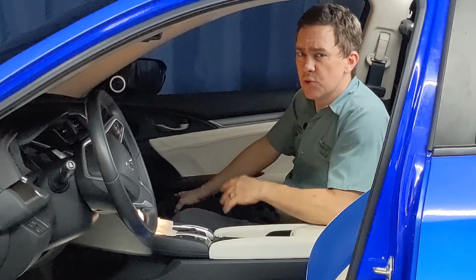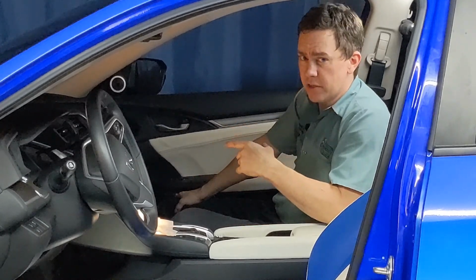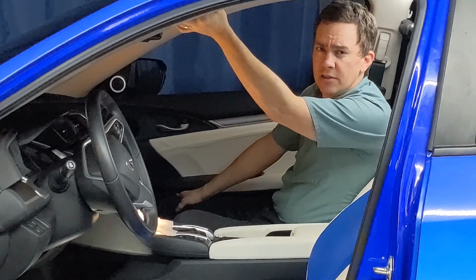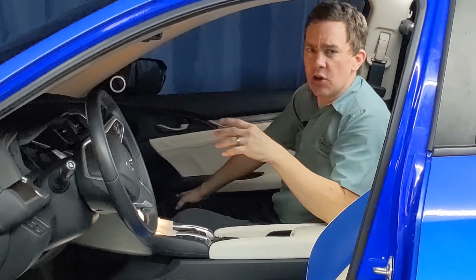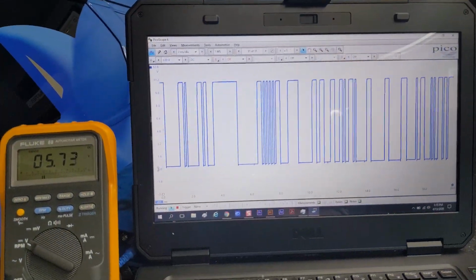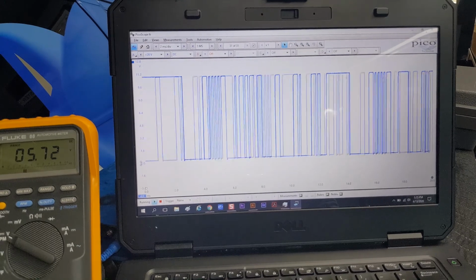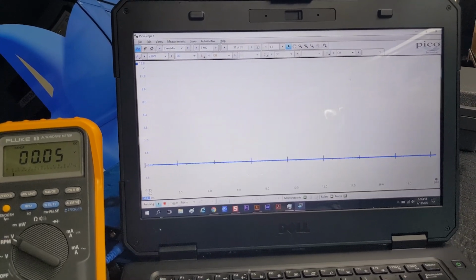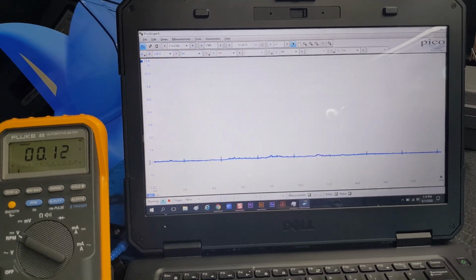Like I thought, the passenger window will operate from the passenger switch, but not the driver switch. The moonroof has stopped operation altogether. Now I've also connected my meter and the scope to the window circuit so we can see what the voltage looks like when the LIN circuit is shorted. And you'll see on that oscilloscope waveform, it's very close to zero, it's not moving,